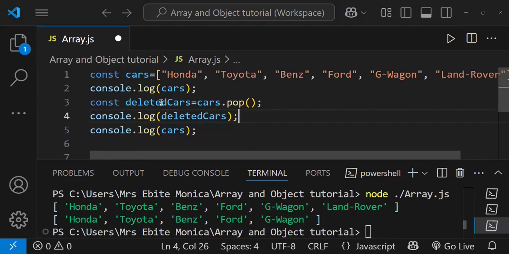So what's going to happen here is that we'll display the cars array. The cars array will be displayed. After that, we are going to